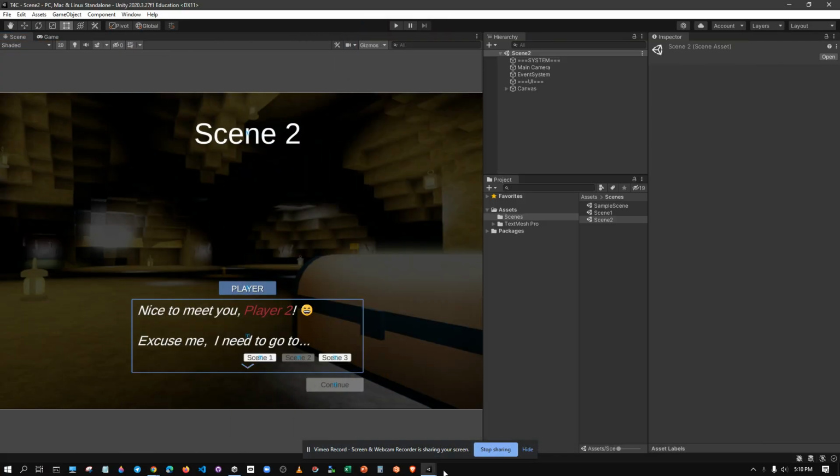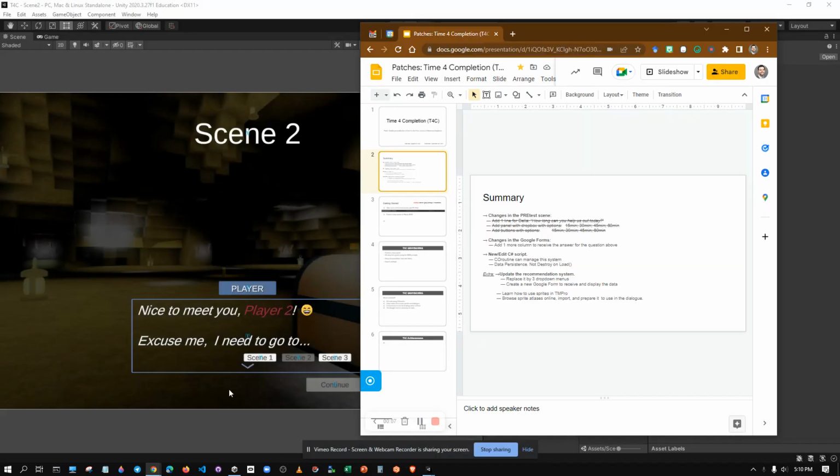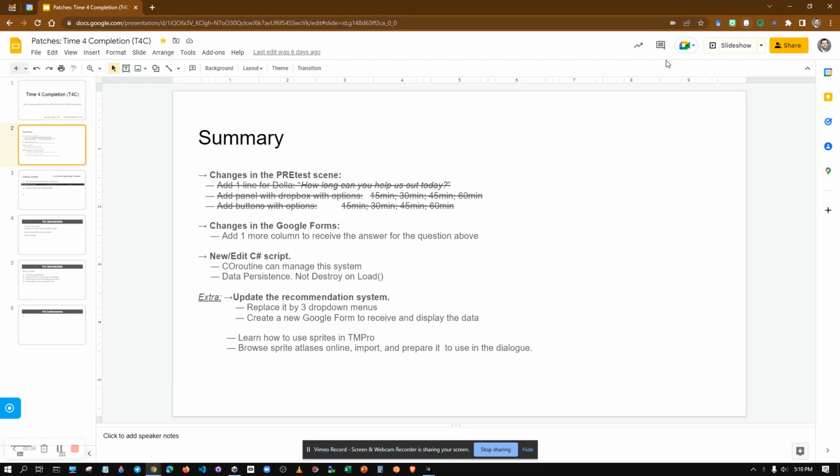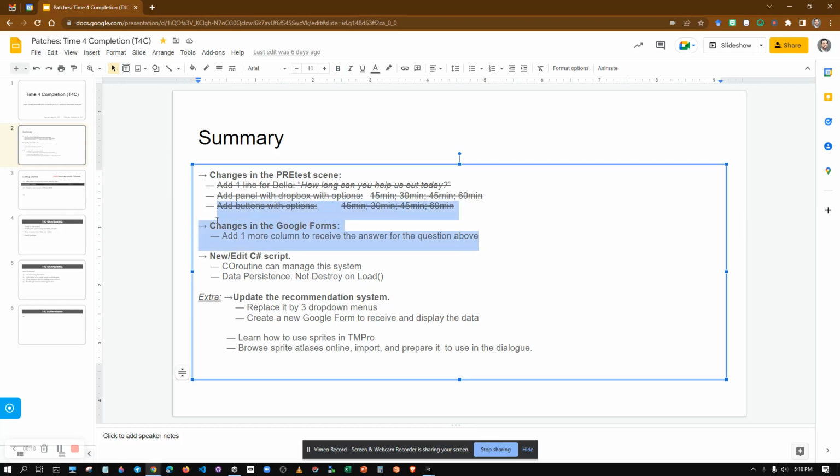So this is part 3 of the time for completion system. The next step, I'm gonna skip the second one about the Google form because I know how to do that. I'm gonna be dealing with the third one, the C sharp scripts, the coroutine chain to be